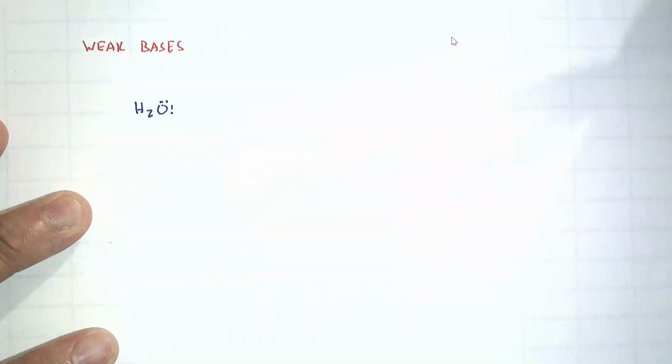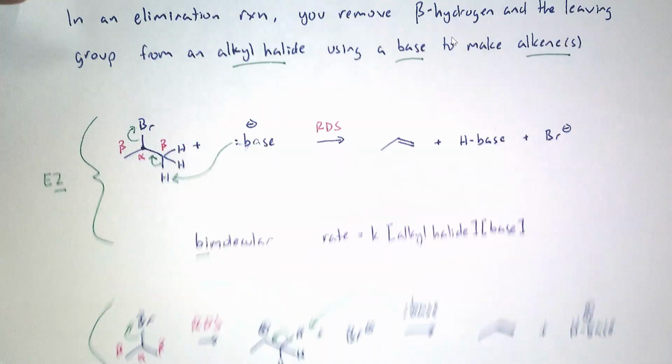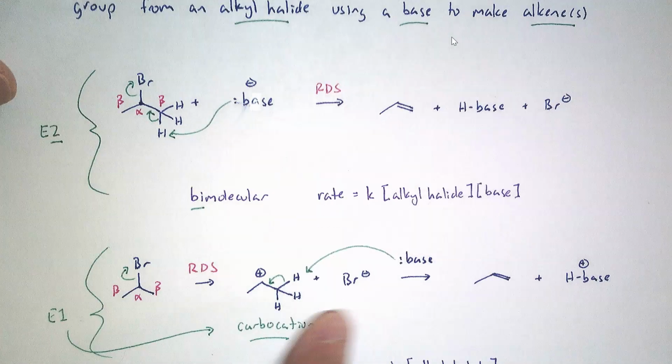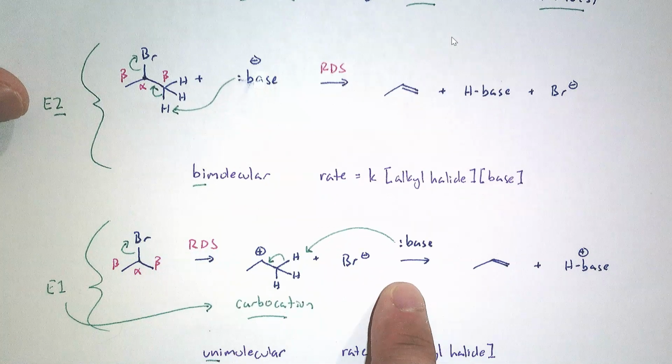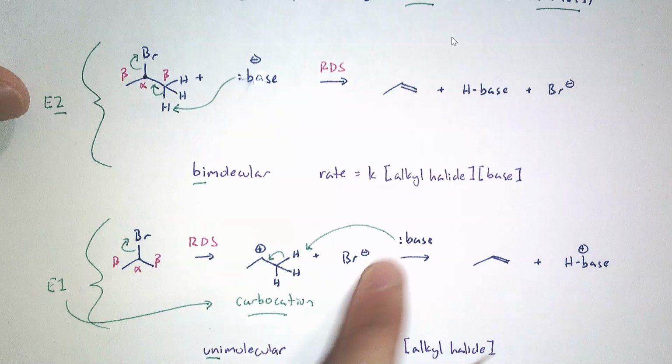The weak bases typically are water. And I'm going to draw the lone pairs because, again, when you have this elimination, now we're going to use a weak base. You're going to use the lone pair to grab the proton. Oh, by the way, why don't I just put here,